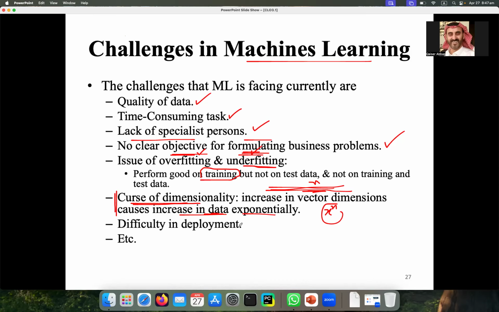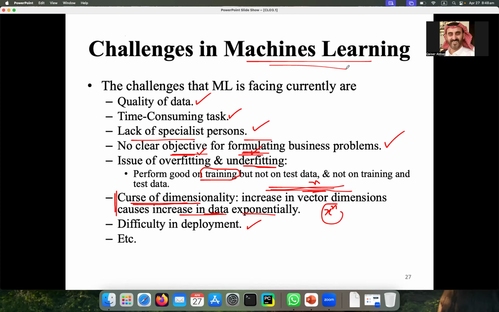Then difficulty in deployment. So these models that you will build in machine learning, it is not easy to deploy. Deploy means now you have finished the product, your software is now completed, everything is okay. Now you have to install this software in the company or in the industry, and then it will work.